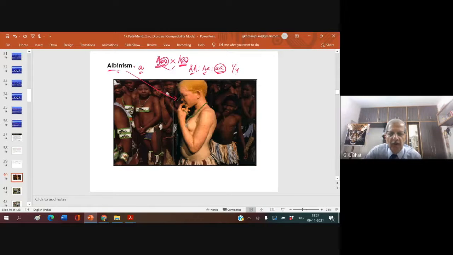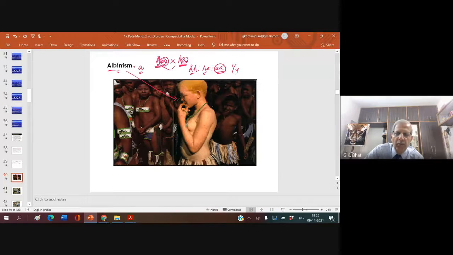I have seen one particular girl who suffered from albinism and who was a student of the college where I taught. The only mistake her father did was, her father was a high school teacher, a good friend of mine, he got married to his own sister's daughter. And he got an albinism-affected daughter. This girl had so much problem. She cannot come in the bright sunlight. She cannot see properly. The moment she comes out, she used to get a burning sensation.